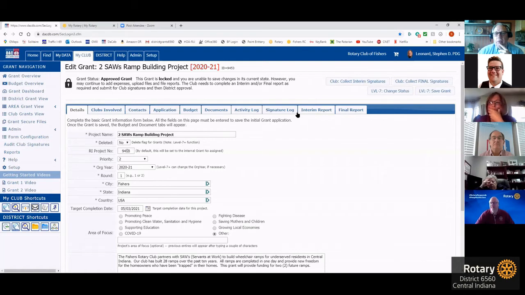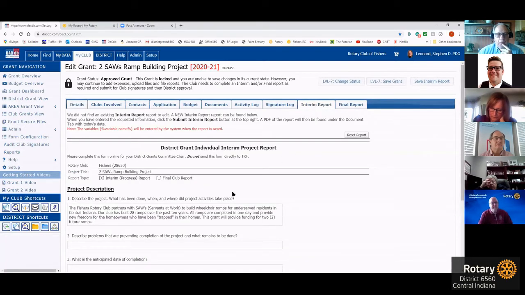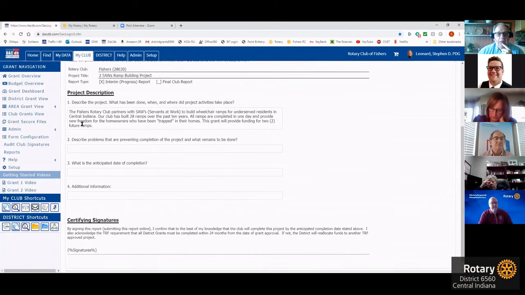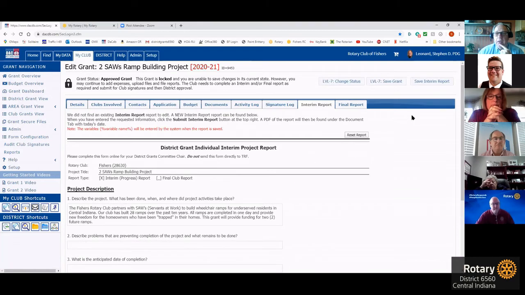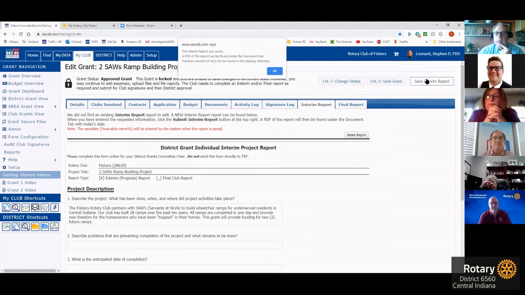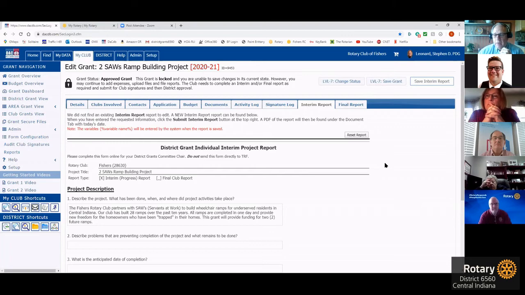Okay. So here, see, once it's approved, you get two more tabs. And you have your interim report, which is very simple. Notice it's pre-populated with your description from the application. And then you can tell us what's holding up the project, when you think it's going to be done, and any other pertinent information that you think is required. And you save the interim report. It won't let me do it. So anyway, you save